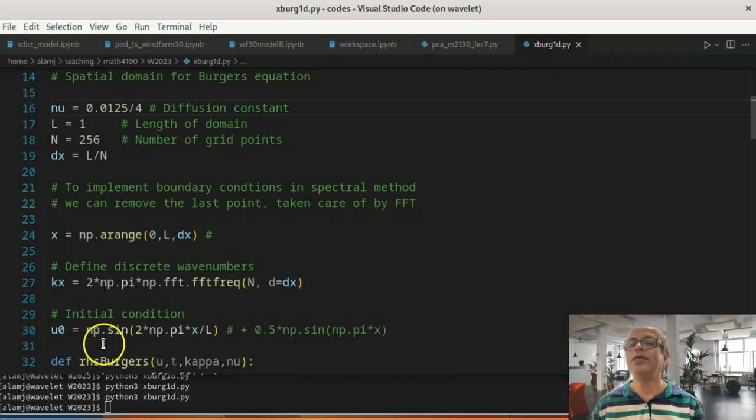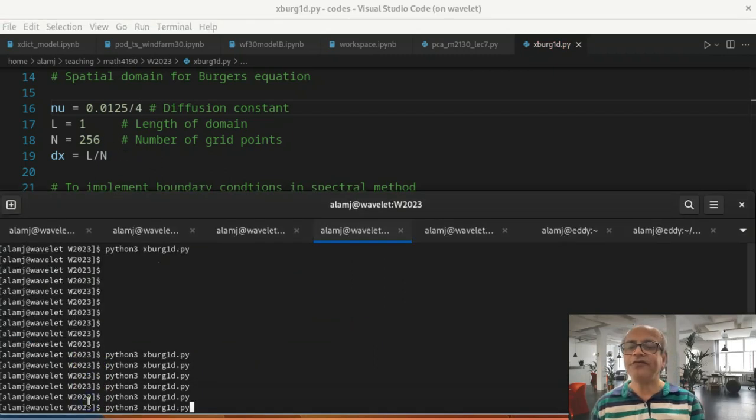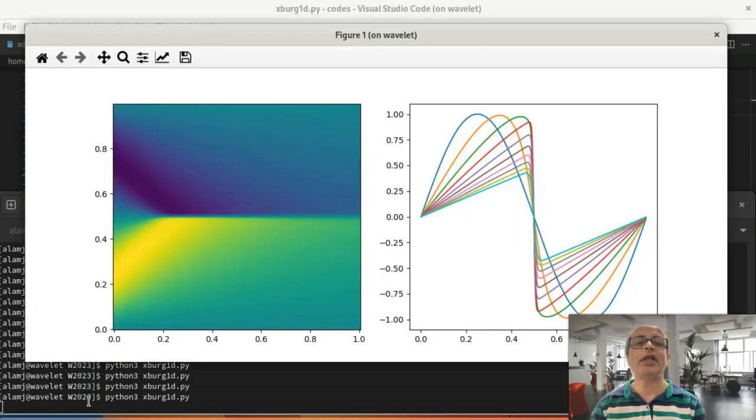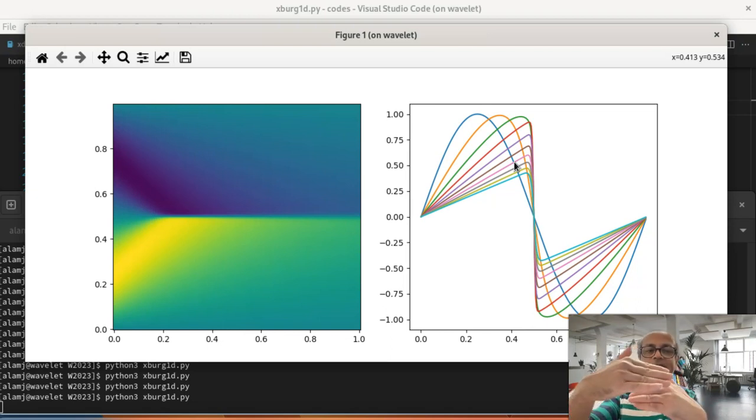So we reduce this now by a factor of 4, and we can see a sharp transition in the solution. In Burger's equation we call this shock formation. The left portion of the solution has a positive amplitude, moving to the right, and the right portion of the solution has a negative amplitude, moving to the left. That is a shock. And at the same time it is diffusing or dissipating, so the amplitude decays,